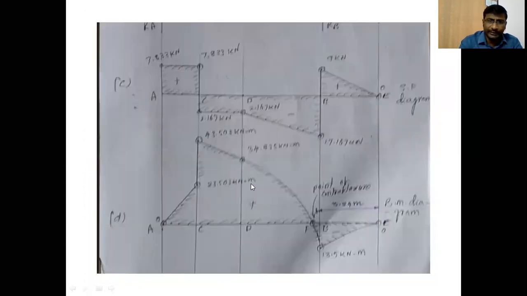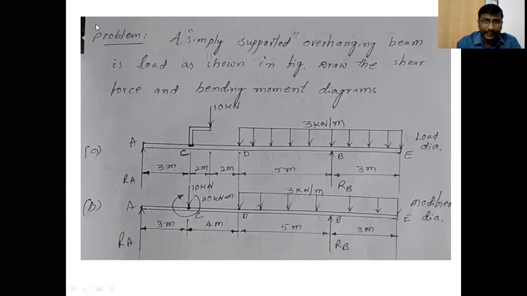Next point, bending moment at point B. What is the bending moment at this point? It means the moment of all the forces on the right side. The UDL is there. UDL value is 3 into 3, which is 9 kilonewtons, as I said earlier while explaining the shear force diagram. This total load is 9 kilonewtons, acting in the downward direction, at the CG. Clear, students? The center of gravity of this rectangle portion.